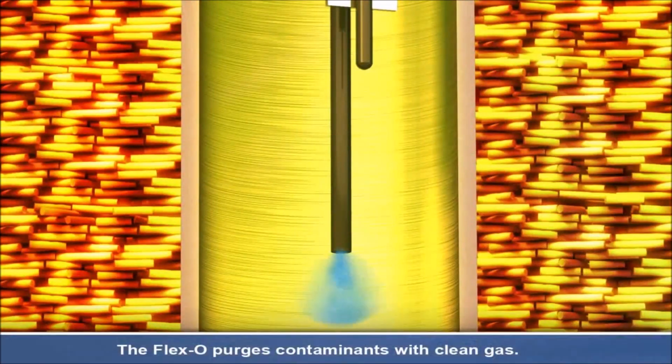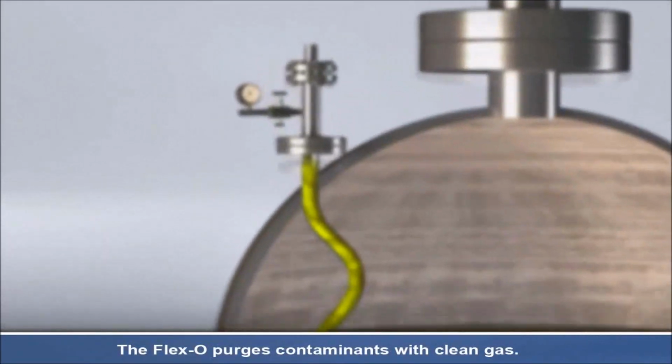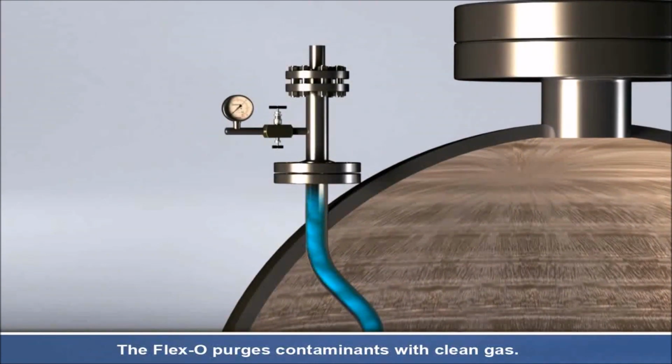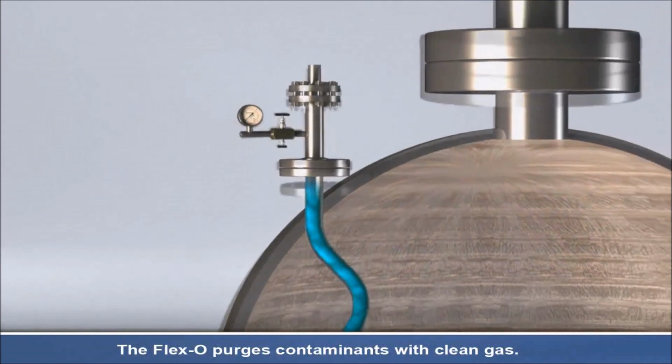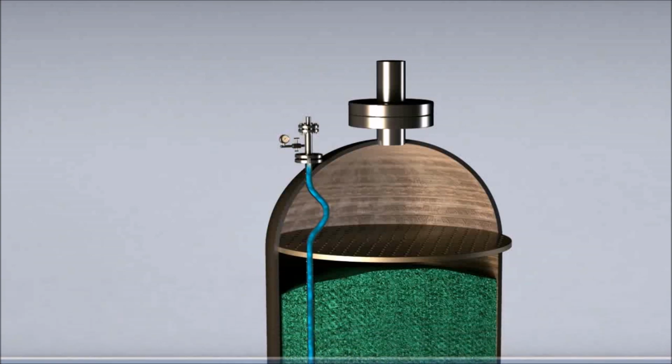The Flexo purge design allows for clean gas, such as nitrogen, to be forced to the bottom of the pipe well and sweep out the contaminants. There are 2 options for this. First option is to do this once before the reactor is put in service and close off the tube with valves. The second option is to allow a continuous small flow of purge gas in and out of the pipe well. This requires the use of specialized check valves to prevent loss of containment in the event of a pipe well failure.